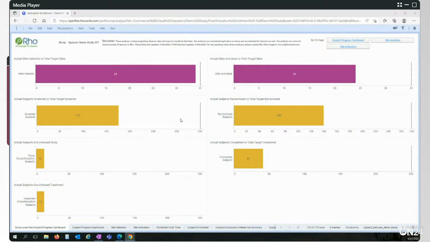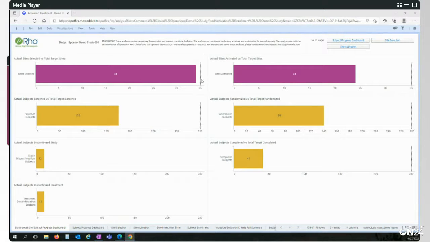So as you see on your screen, I want to just orient you quickly to what you're looking at. There is a disclaimer at the top that explains the things that Joanna was referring to. These graphics are refreshed about every 24 hours. Right now, we're looking at a demo system. It pulls from our EDC system as well as our CTMS system. And it will give you in this disclaimer the data cutoff date, which for this demo study is December 1st of 2020. So that will give you a frame of reference of time, which is important while you're reading through